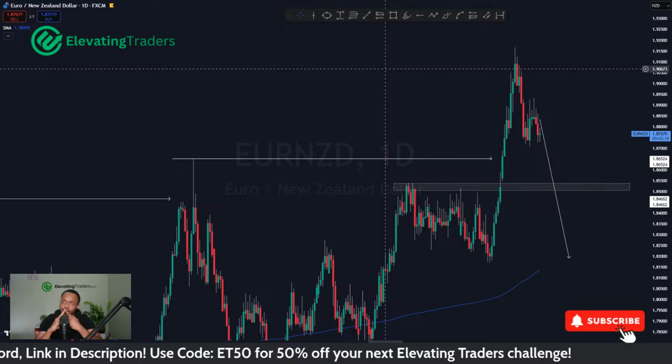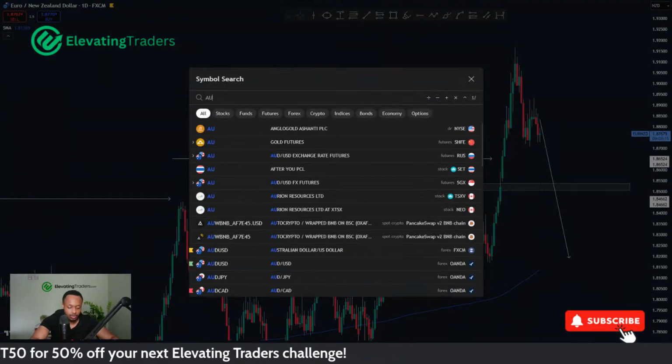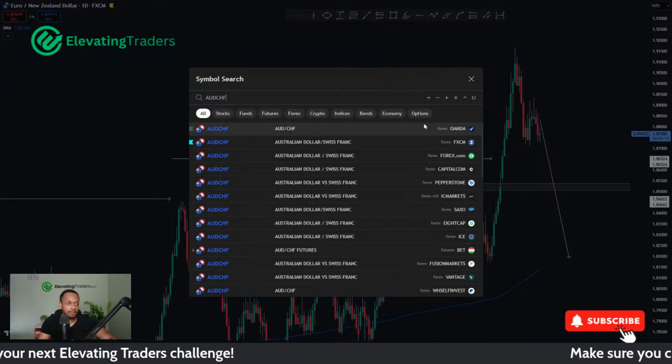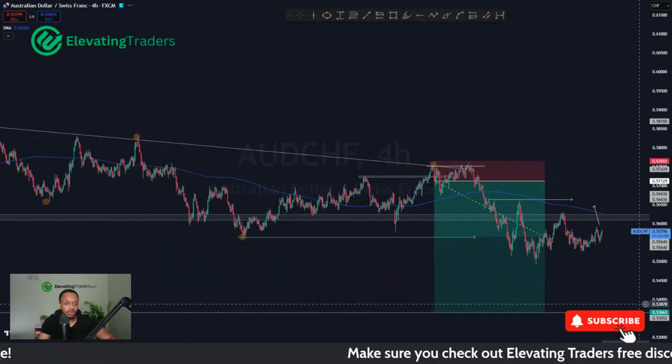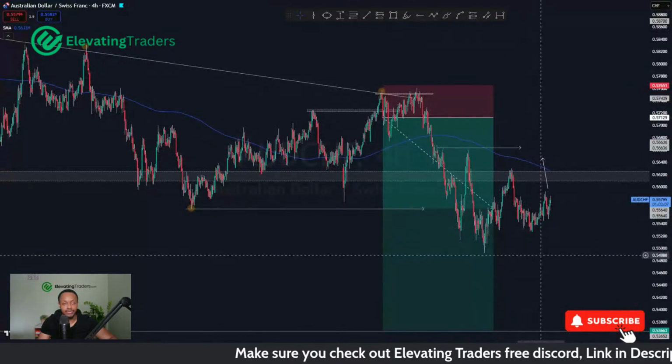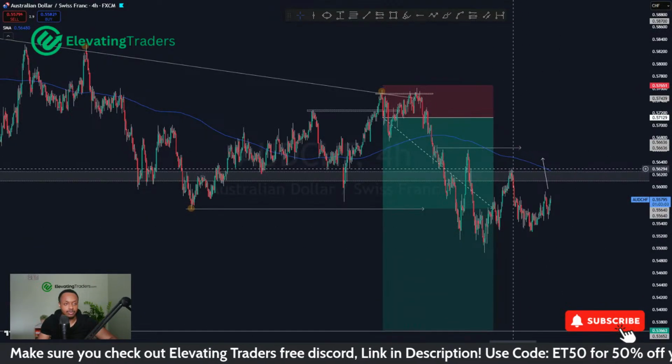So yeah, in terms of my watch list, I'm just going to manage Aussie CHF. Again, my stop loss is trailed, so I'm just going to let price do its thing. I'll only look to trail it again when price goes and at least tests the low. It doesn't necessarily have to make a new low, but at least test the low. Then I'll probably trade it underneath.